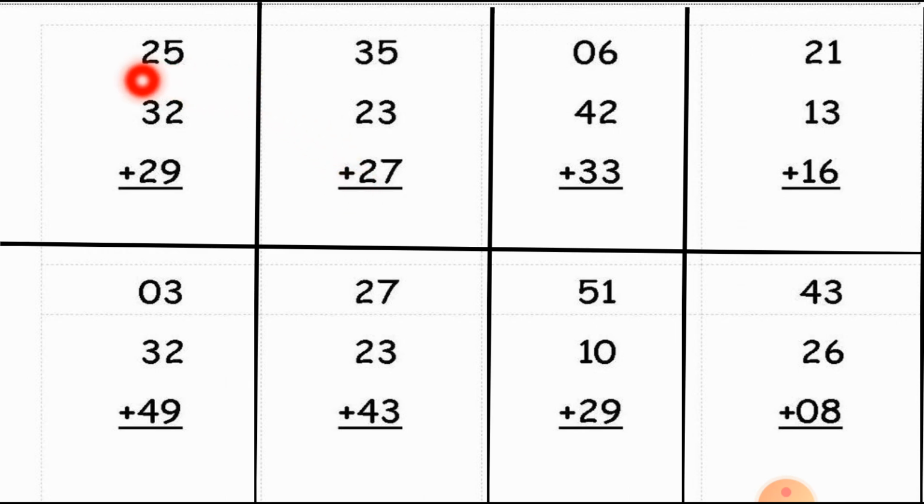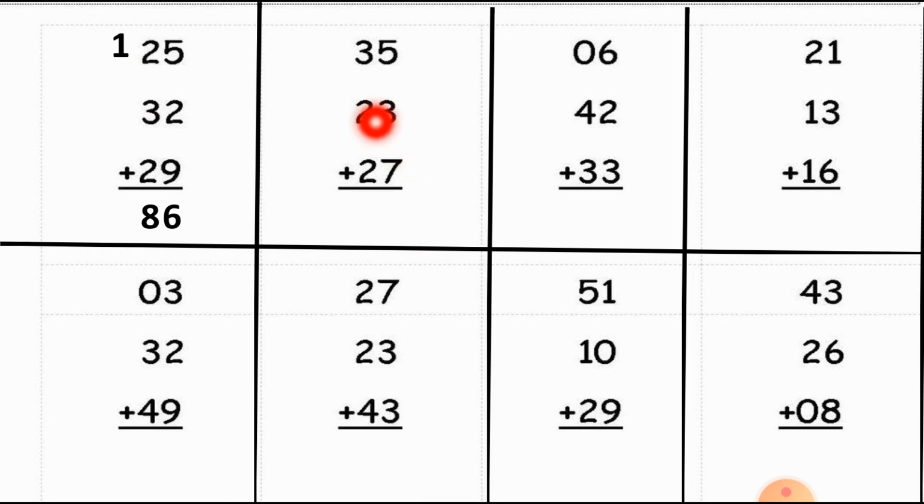Here is 25 plus 32 and 29. In this, the ones column is 5 plus 2 plus 9, and the answer is 16, and the 1 will move to the tens column as a carry forwarded number. Now students, the tens column, 1 plus 2 plus 3 plus 2. So the total of the tens column is 8. So here is our answer, 86.